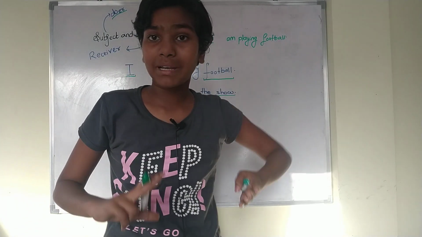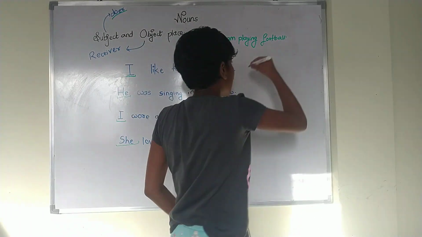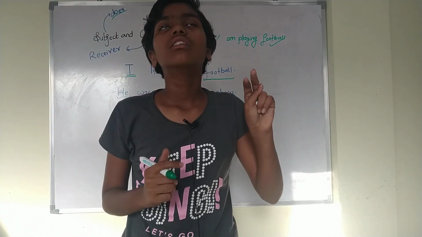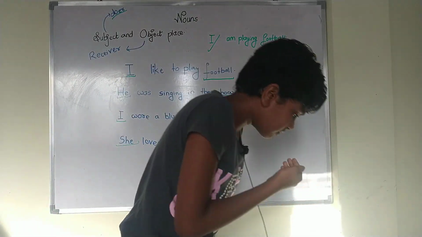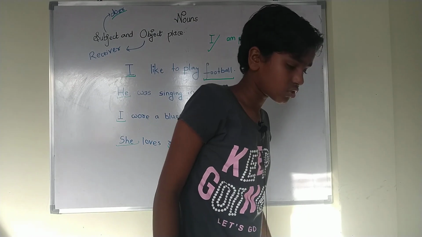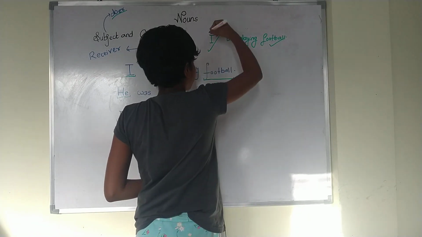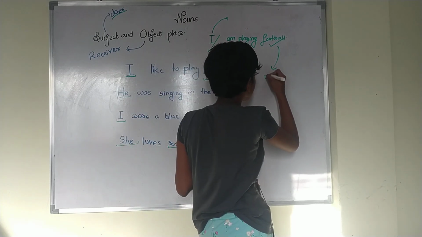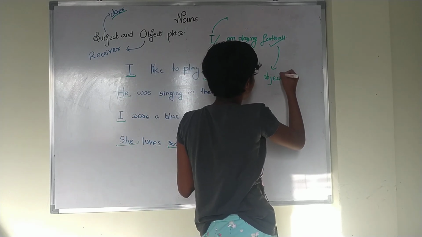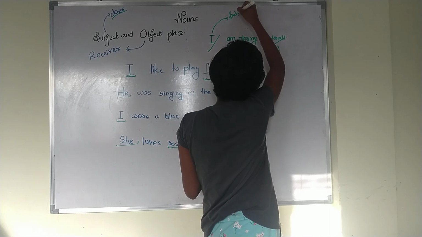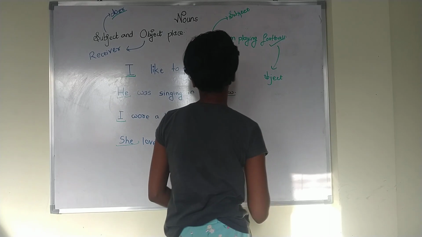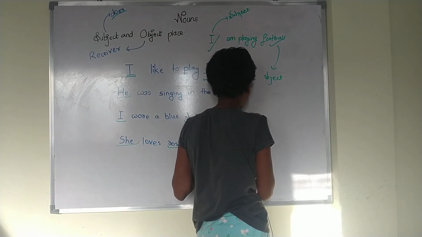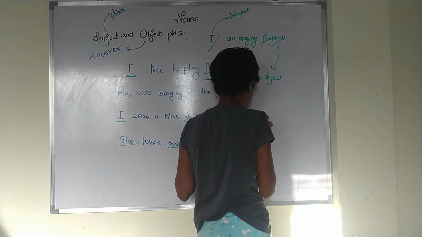The action of playing is done on football. Who is doing the action of playing? Answer. How to find subject and object: this is the object place here. The subject is at the beginning and the object at the end, but not always. So answer two questions. Action done on